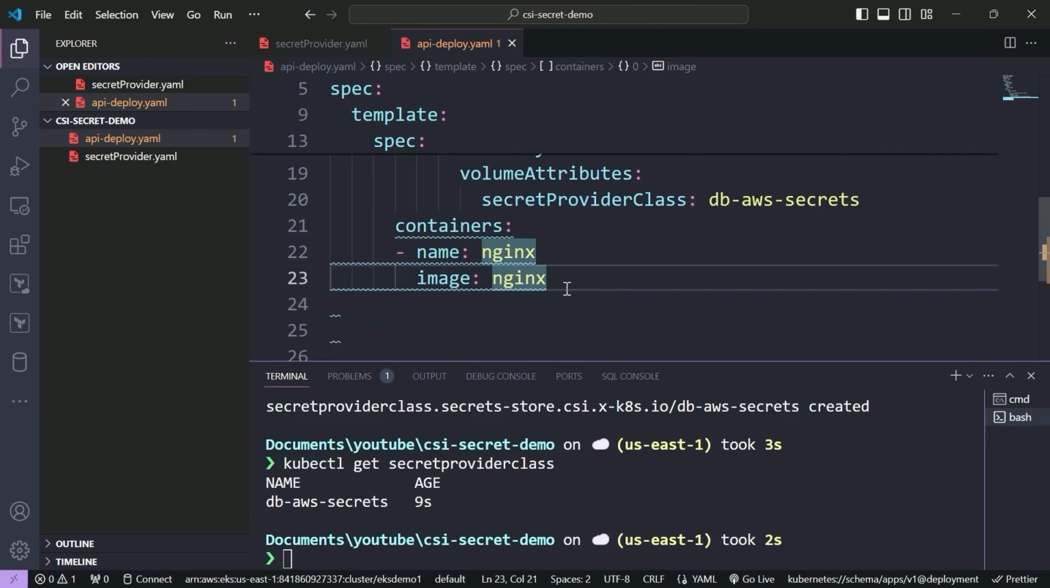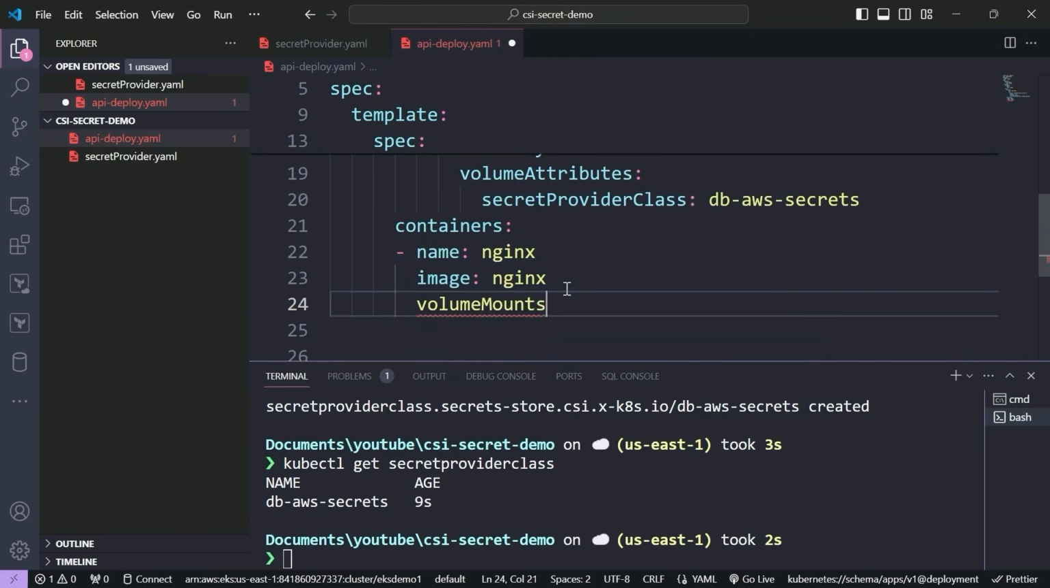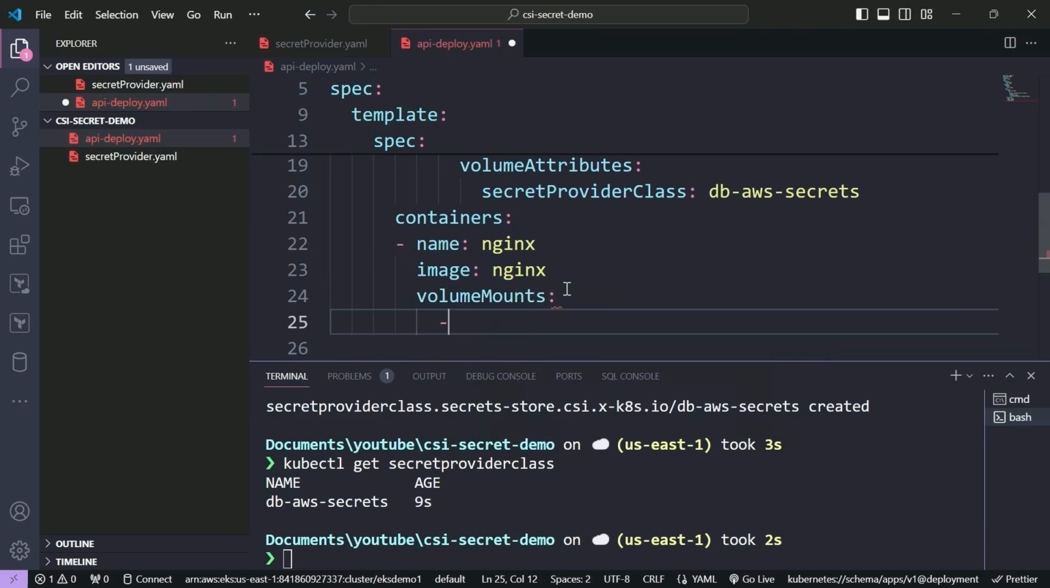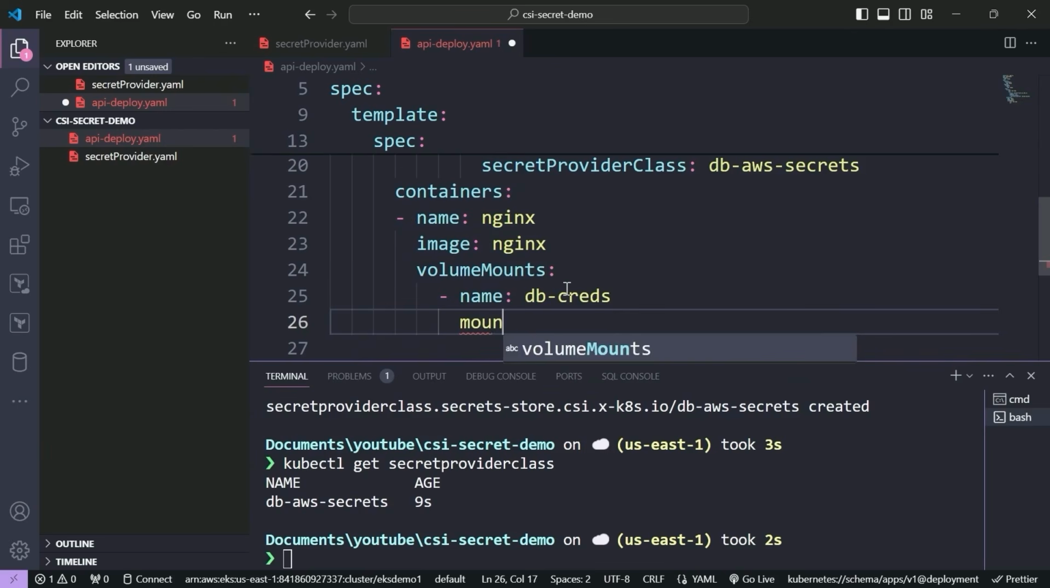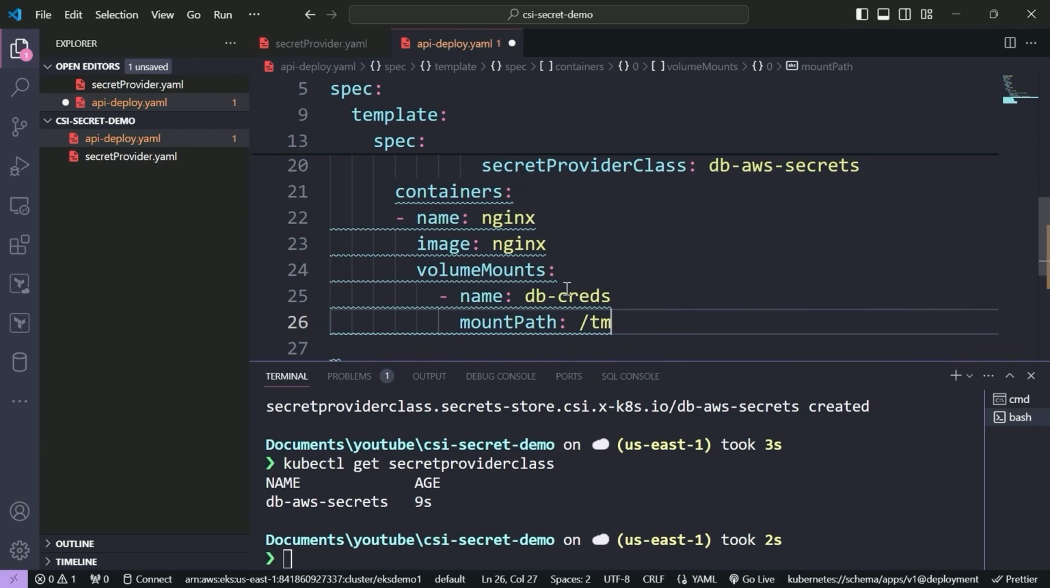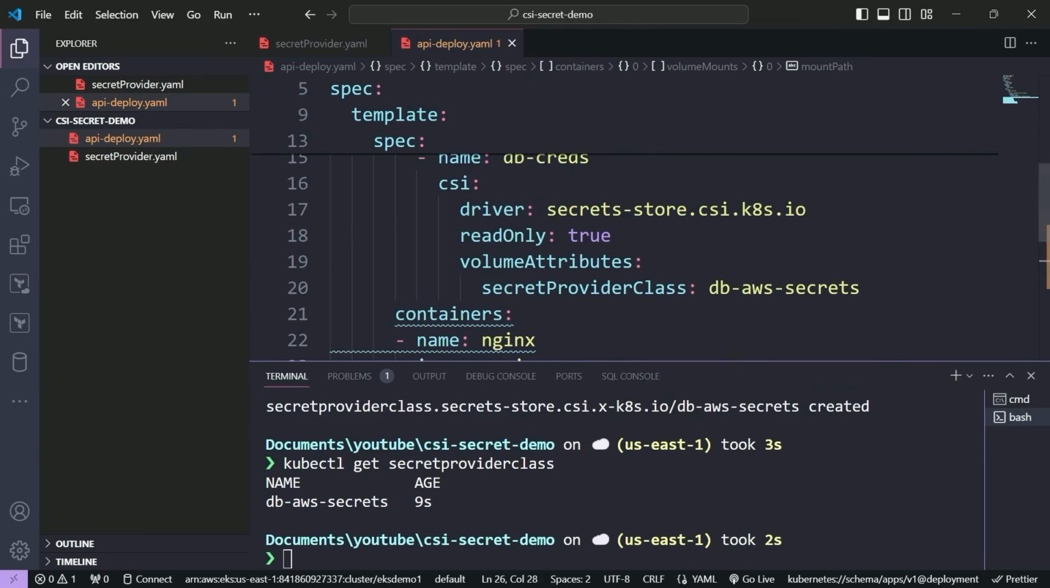volume in our container. So we'll go under the Nginx container. I'll say volumeMounts. What's the name of the volume? That's the db-creds. And then we'll say mountPath, and then specify wherever you want to mount it. I'm just going to mount it in /temp because this is just a demo. All right, and so that's going to be pretty much it, but there's one last thing that we have to